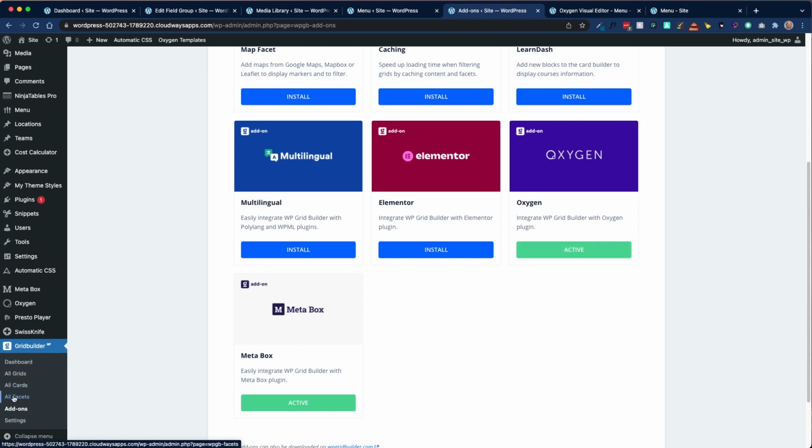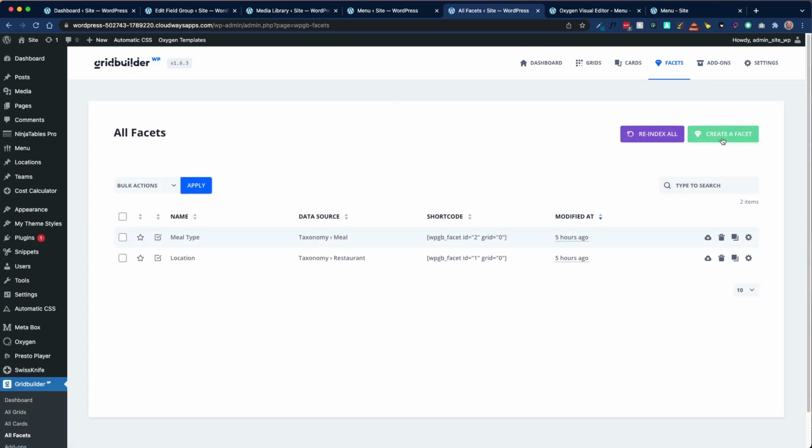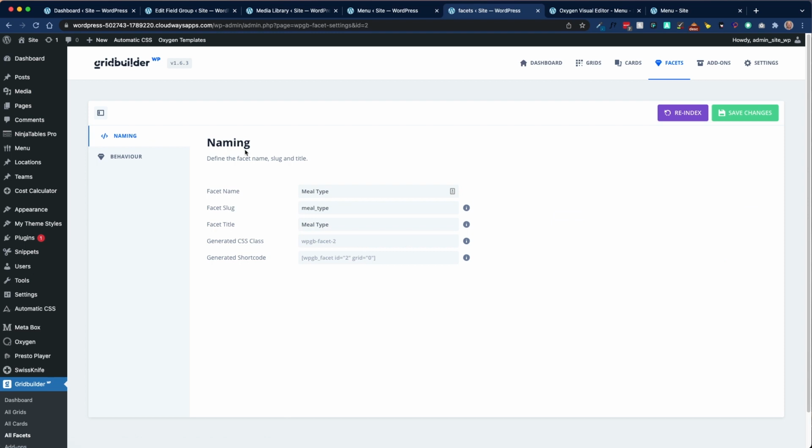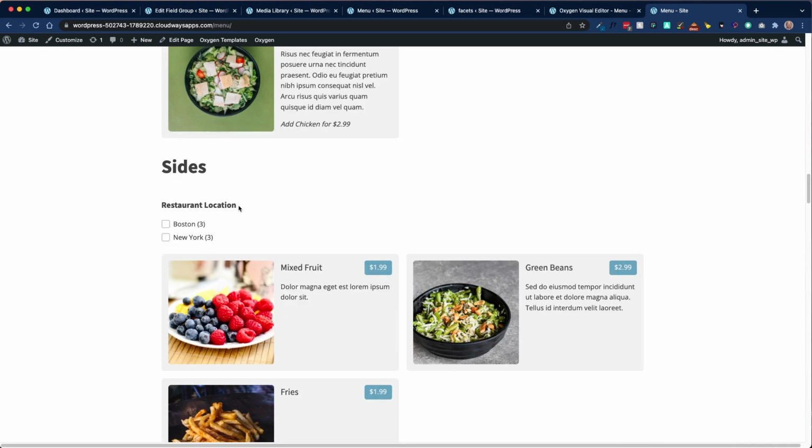So once you do that, you can go to all facets and just create a facet, but instead I'm just going to edit what I have here. So you'll want to choose your name and your title. Those can be the same or they can be different. The name is more of the back end, but the title is what you're going to see on the front end. So if I scroll all the way up, you can see we have restaurant location for